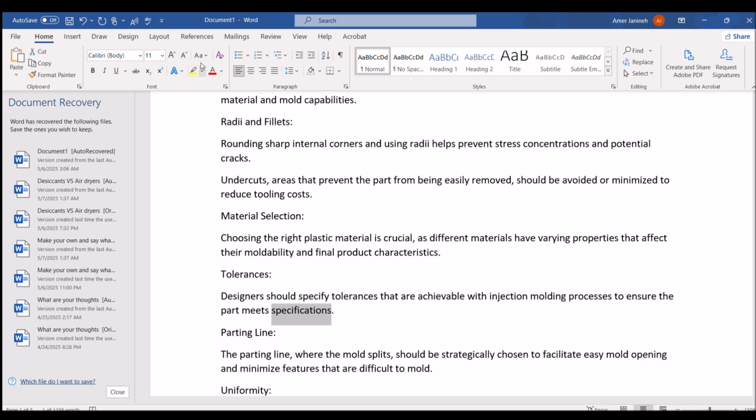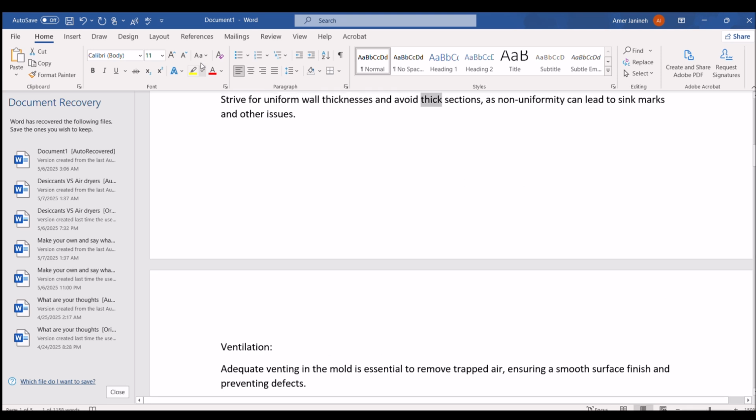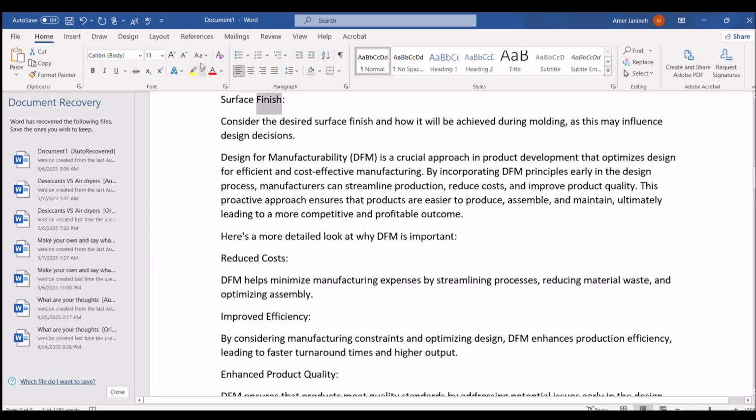specifications. Parting line. The parting line, where the mold splits, should be strategically chosen to facilitate easy mold opening and minimize features that are difficult to mold. Uniformity. Strive for uniform wall thicknesses and avoid thick sections, as non-uniformity can lead to sink marks and other issues. Ventilation. Adequate venting in the mold is essential to remove trapped air, ensuring a smooth surface finish and preventing defects. Surface finish. Consider the desired surface finish and how it will be achieved during molding, as this may influence design